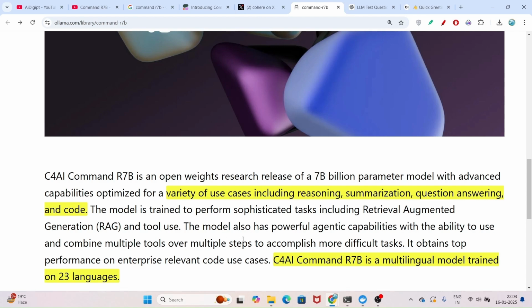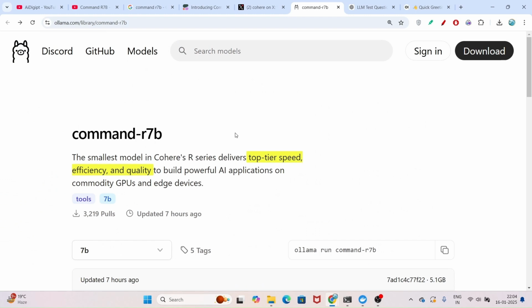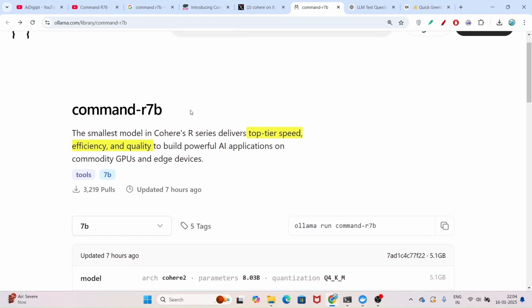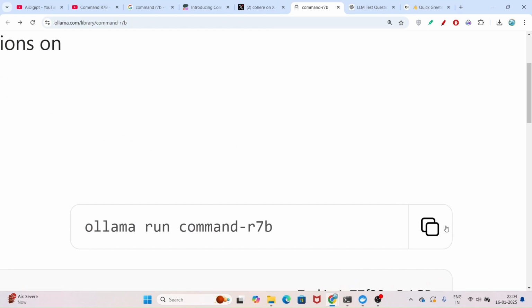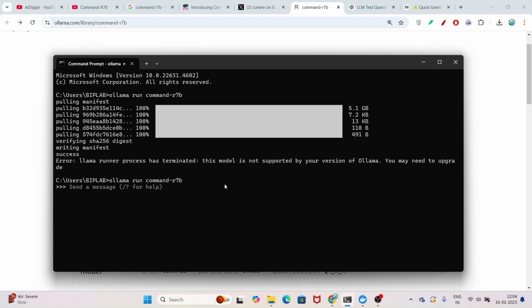So how to install this? For that you need to install Ollama. If you don't have Ollama, then just go to the website ollama.com, and here you see that download button. Just download it according to your operating system. Very simple process. After that just go to this model page. I have given this link in the description box, and just copy this command ollama run command-r7b. Okay, and after that open your terminal or command prompt and just run this command, press enter,